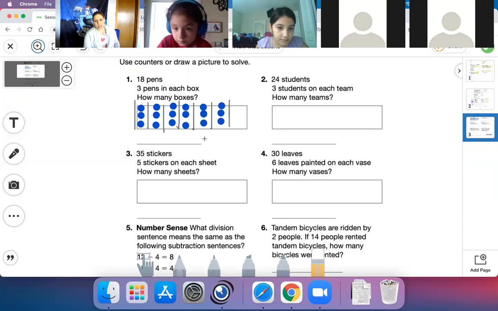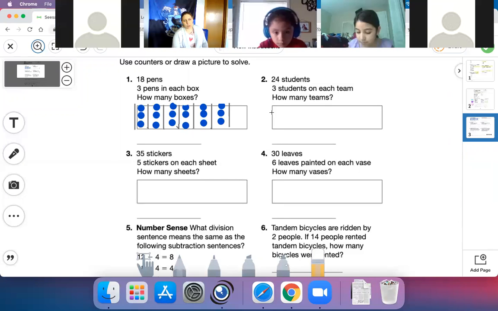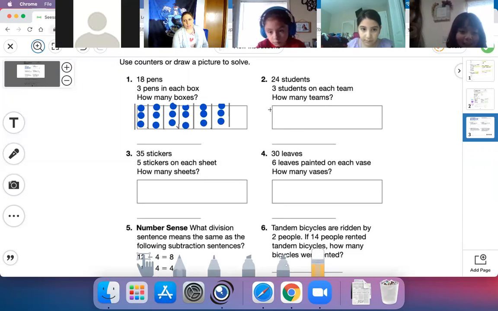You're going to be making groups. Yesterday it said, oh, you've got 5 groups, fill them up with these 20 cookies, or share 20 cookies with 5 people. But today